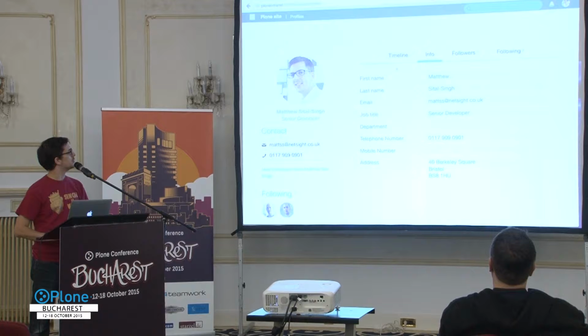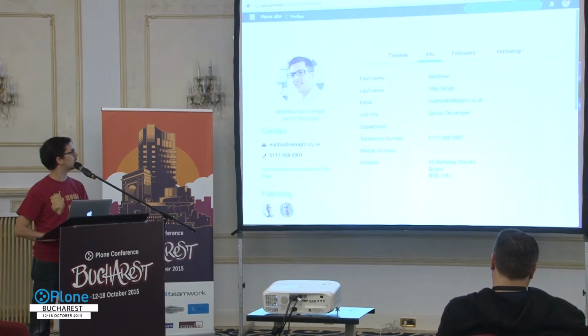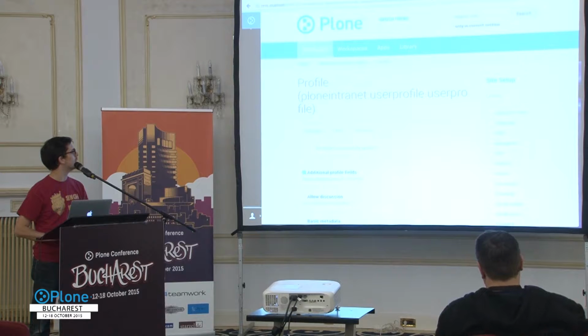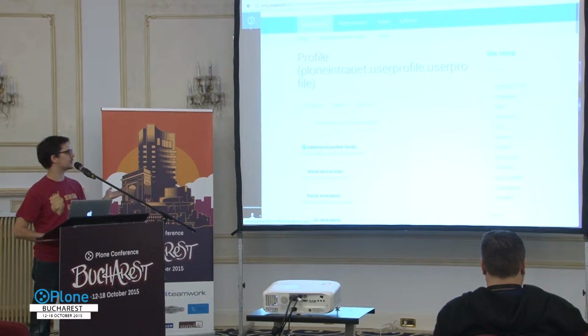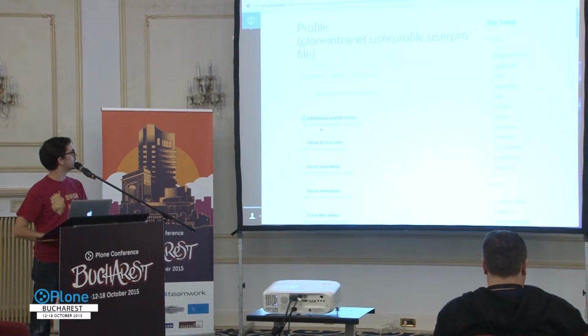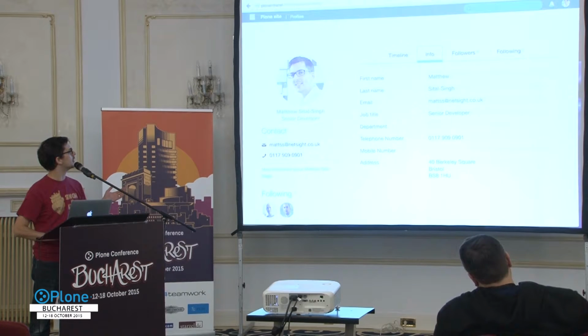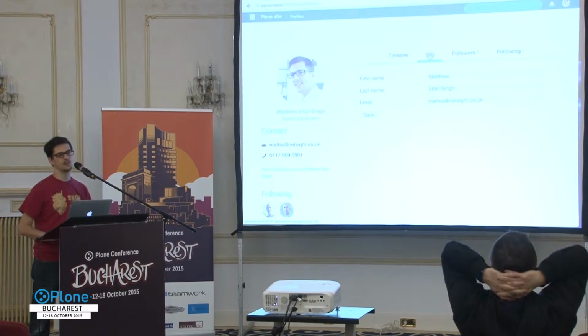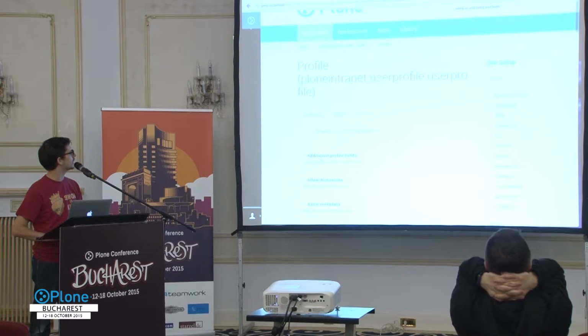if I go in, we provide a default behavior. There are some core fields here which are basically required, and it wouldn't really work without them. But then there are these additional profile fields. This is just me going in; you do this with something like GenericSetup if you were doing a sane deployment, but I can basically say additional profile fields, no, I don't want that behavior. And obviously you can make your own behavior and add it in. What that does is, this is kind of basic Dexterity. So suddenly I've cut down my fields quite a bit. I'm just going to put them back in because I need them later.